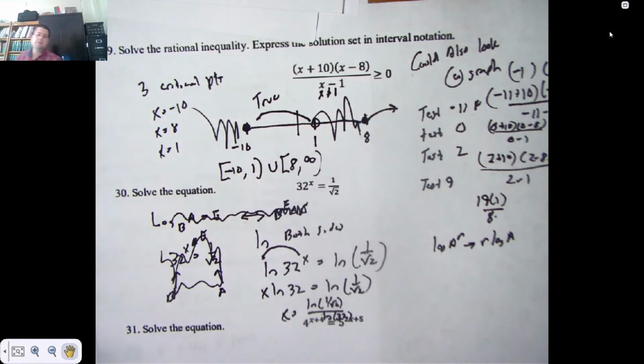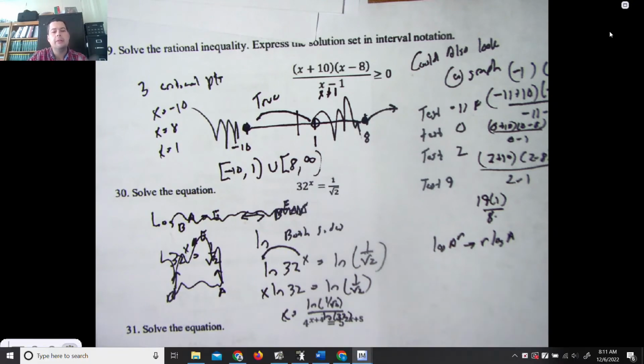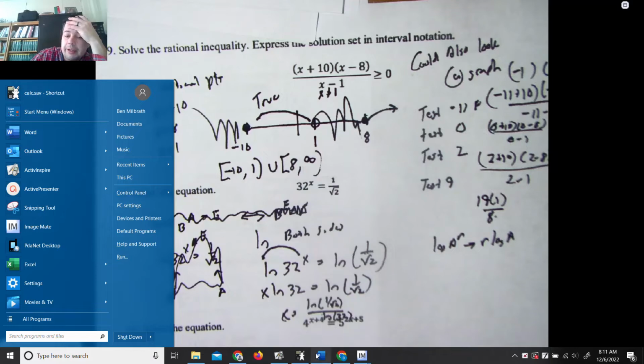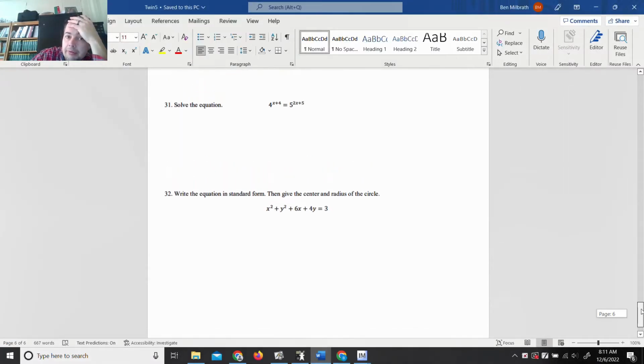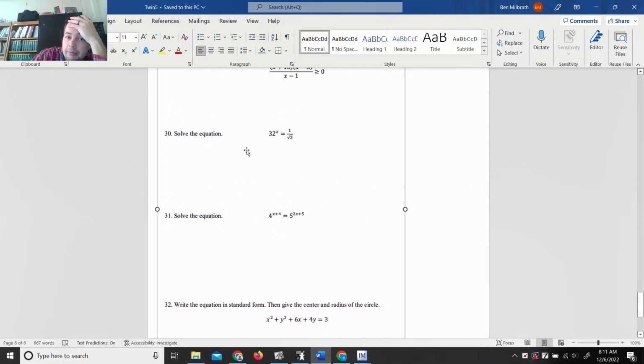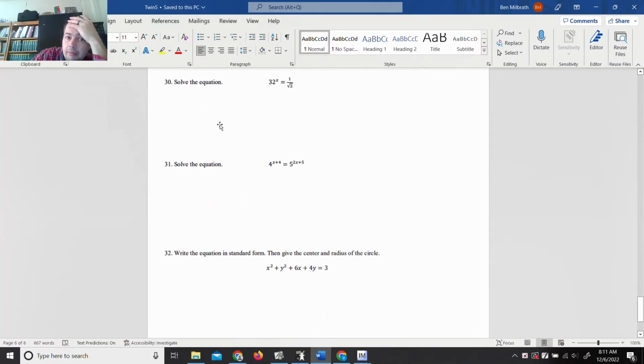I need to pause this real quick and take a look at the original document. Actually, I'm not even going to pause it. I just want to see how the answers are presented. I want to see if there's some manipulation of the logarithm. No, they just have a straight up answer. So